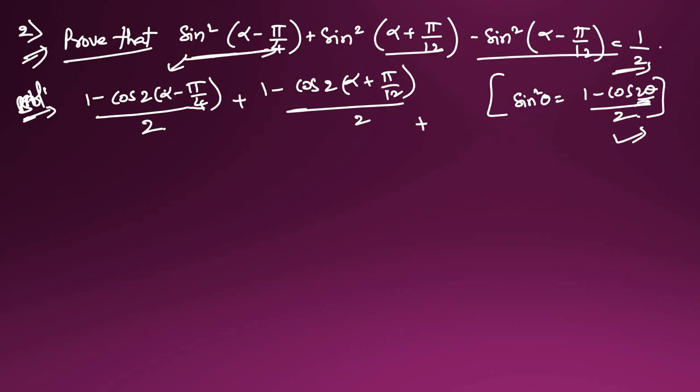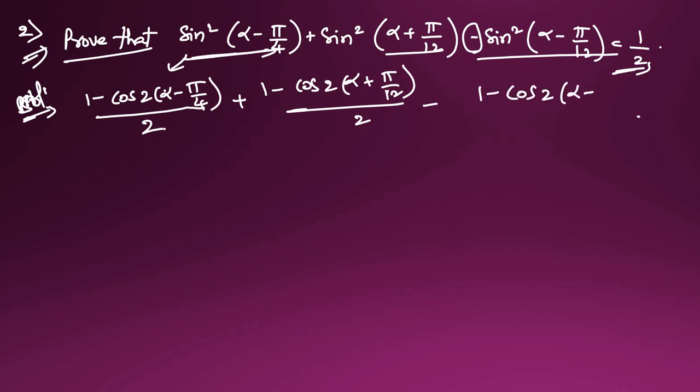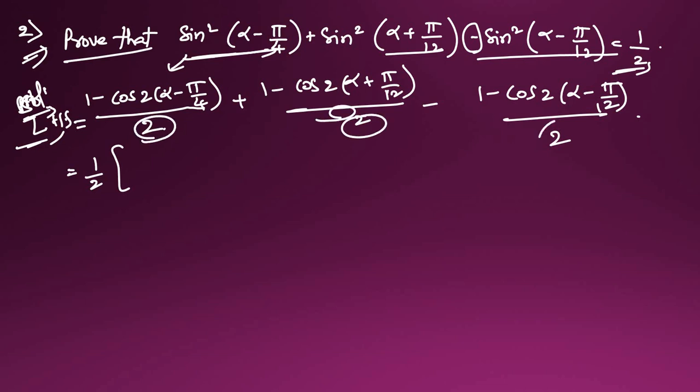Plus, sorry, this one is minus here. We will erase this one, the formula also I am erasing, please don't mind. I have to write the solution here, no? So what will come here? Minus sine square, 1 minus cos 2 alpha minus pi by 12, divided by 2 will come here. This total is LHS. Now 1 by 2 I will take common from all these terms, outside. So it will become 1 by 2 into 1 minus cos 2 alpha, no?